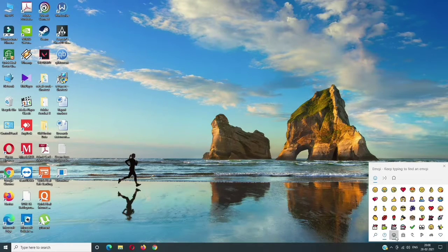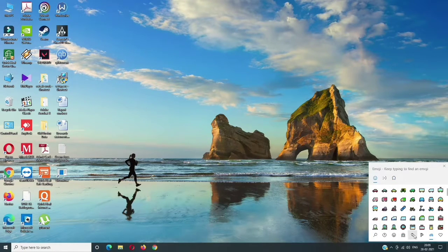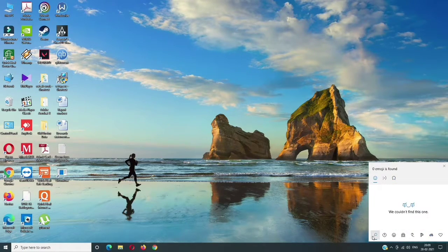You can also search it and you can get all kinds of emojis here, and you can also get cow emoji here if you want all kinds of cow emoji. It's like on Gboard, and you can get symbols too. So very helpful and very useful feature for writers and bloggers and all. Alright, so let's move on to the next feature.